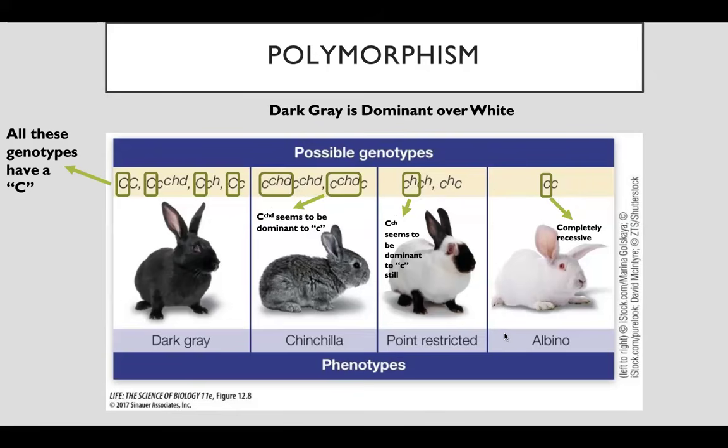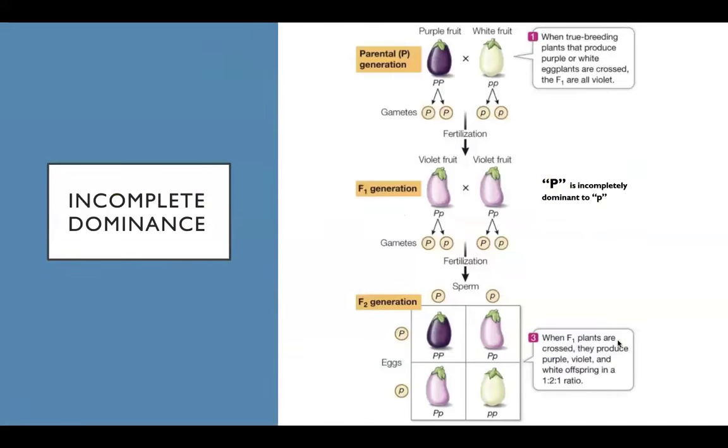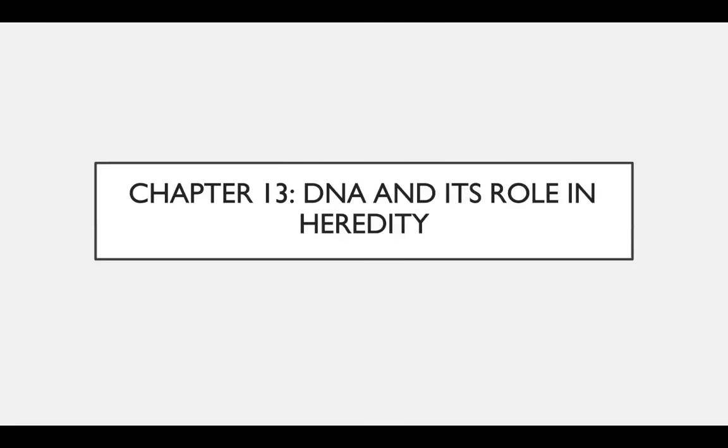A lot of these polymorphic genes are particularly dependent on environment, temperature, etc. So there are cases where you have genes with more than two alleles, but very rare, and it would be largely dependent on temperature and environment, leading to the development of different alleles. Here's the eggplant example I was talking about with incomplete dominance. Some alleles are neither dominant nor recessive, so they have an intermediate phenotype, which, as you see here, gives you a pink eggplant.